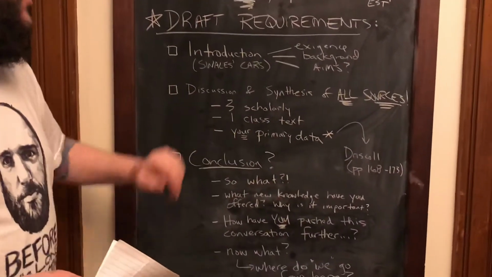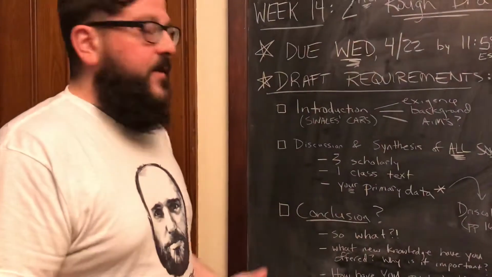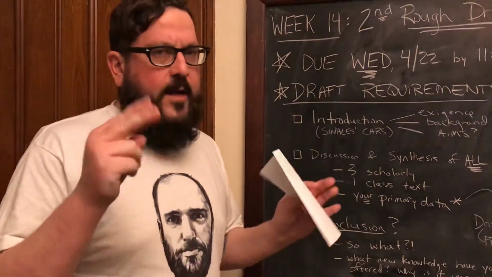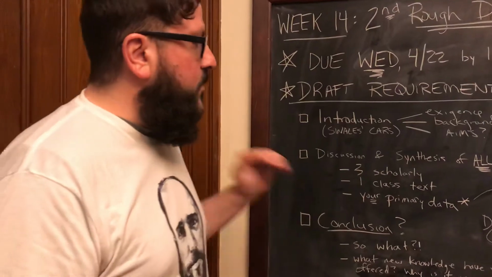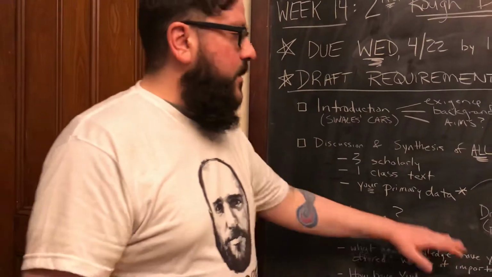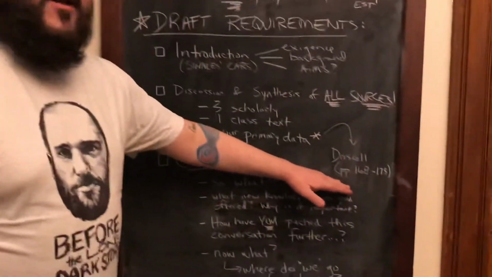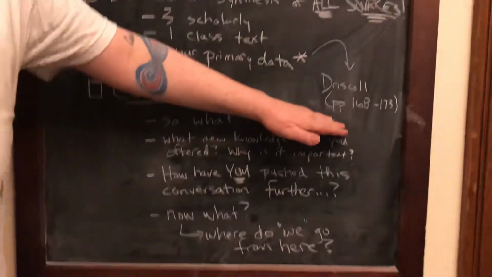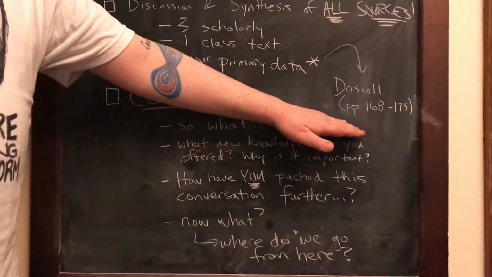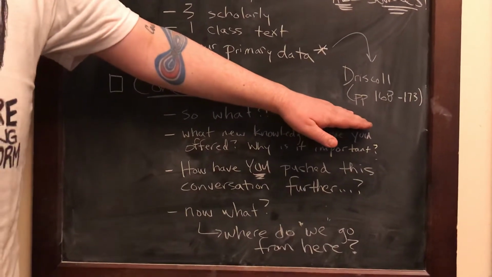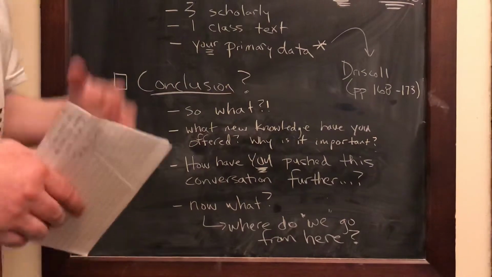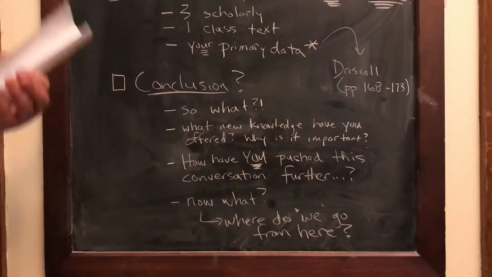This final source is your primary data. Many of you have conducted surveys, some of you have conducted interviews, a couple of you are doing data analysis. But if you're struggling on how to write about, integrate, and analyze your primary data, do yourself a favor and go back through the last few pages of Dana Lynn Driscoll's article on Introduction to Primary Research Methods. The very last section is called Analyzing and Writing About Primary Research, and that starts on page 168 and goes until the end of the article.